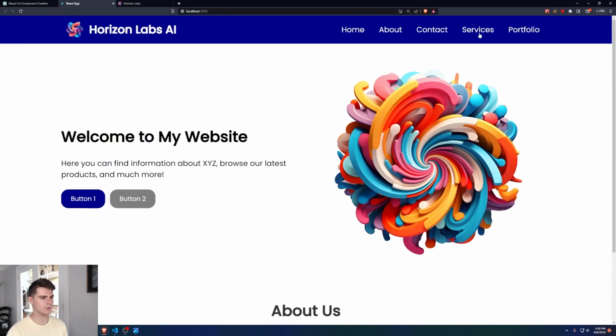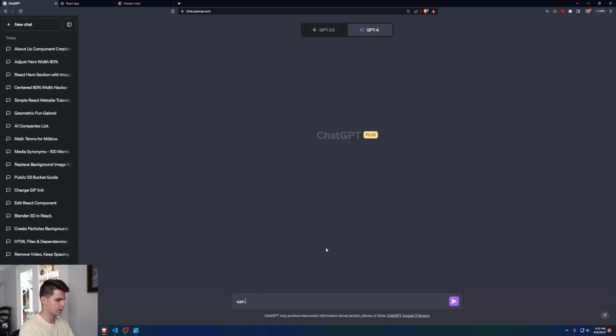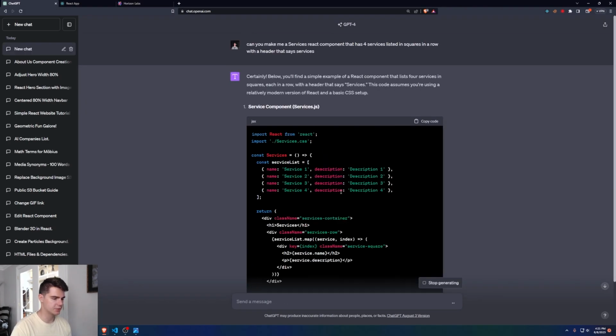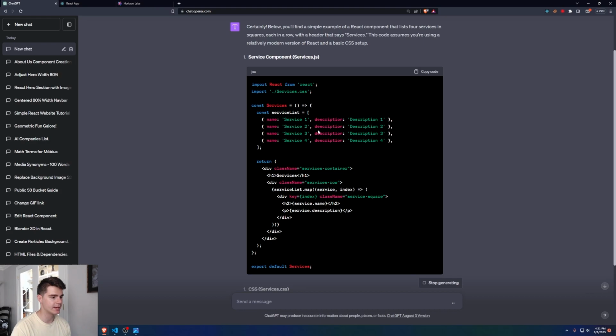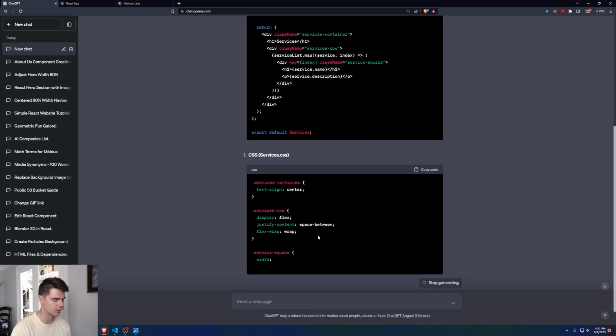So now let's do a services tab here. A new chat, and we'll type in, can you make me a services React component that has 4 services listed in squares in a row with a header that says services. So you can see here, it's literally just printing us some very basic service template description stuff that we can